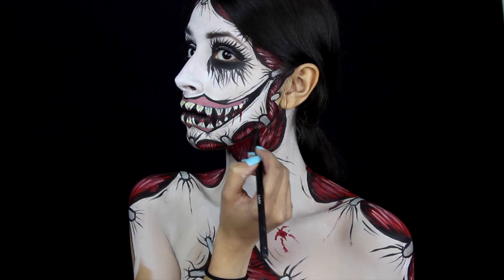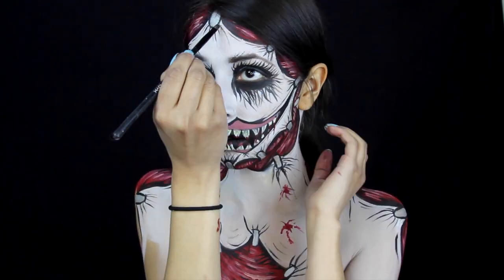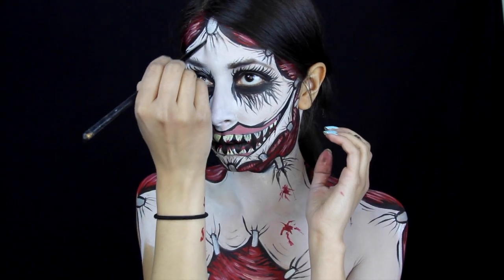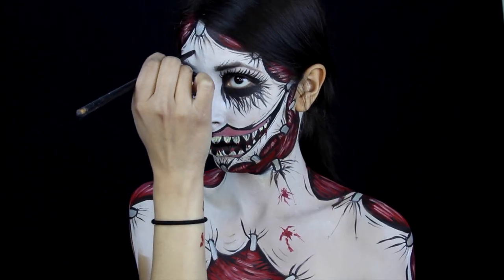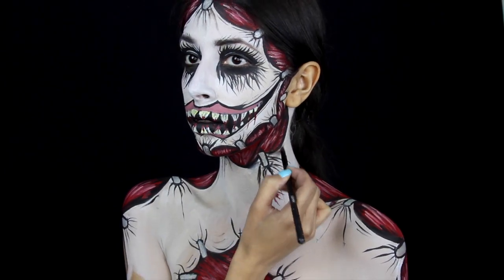Now it's time to shade, which is my favorite thing when I paint. I love shading because it makes things really pop out. So you want to shade near some of the stretch marks that you created. You want to shade randomly on the face and on the body, just kind of dirty up the look a bit, because